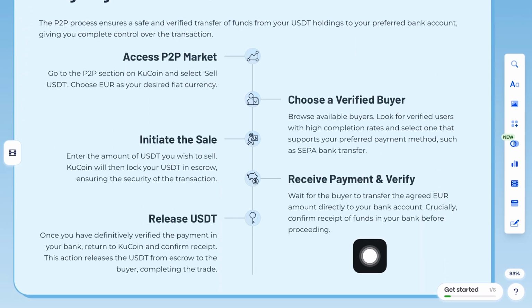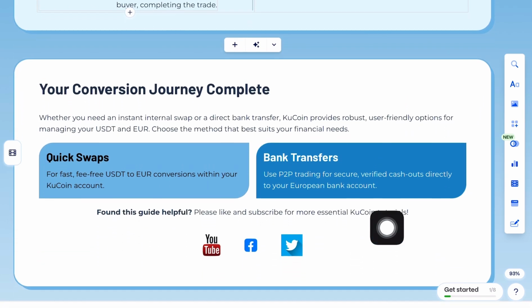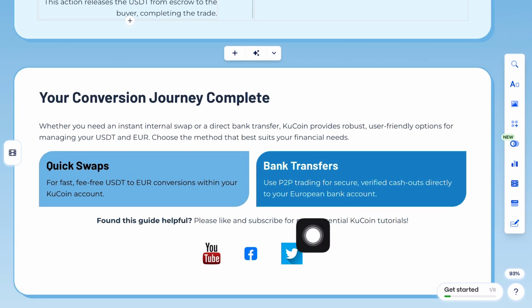KuCoin holds your funds in escrow until the buyer sends payment. Once you verify the money has landed, release the USDT and you're done. So those are the two main ways: convert for quick swaps inside KuCoin, or P2P if you want real euros